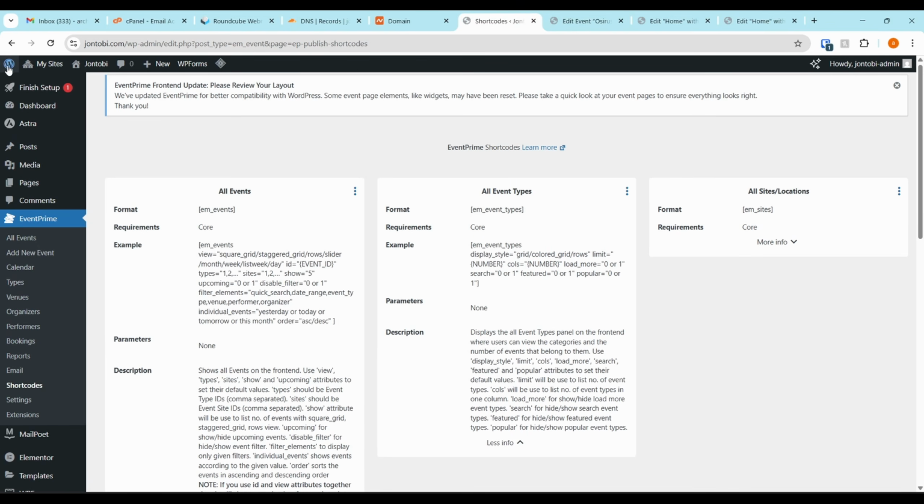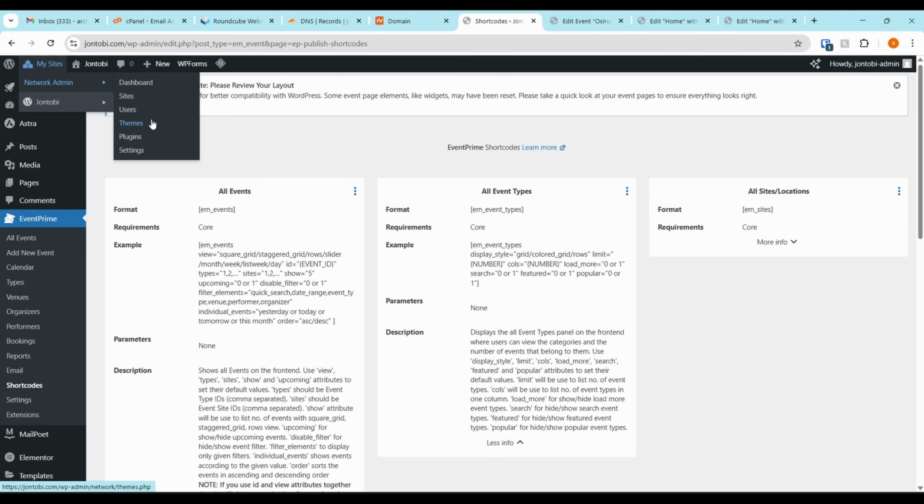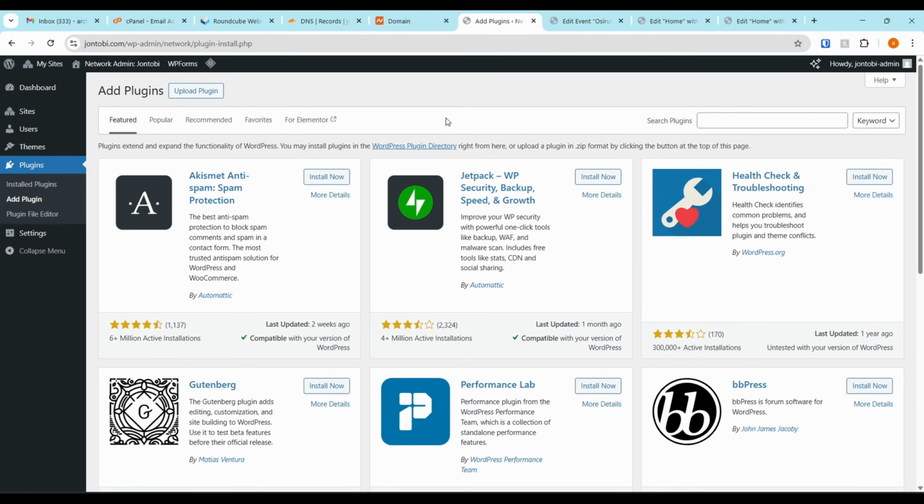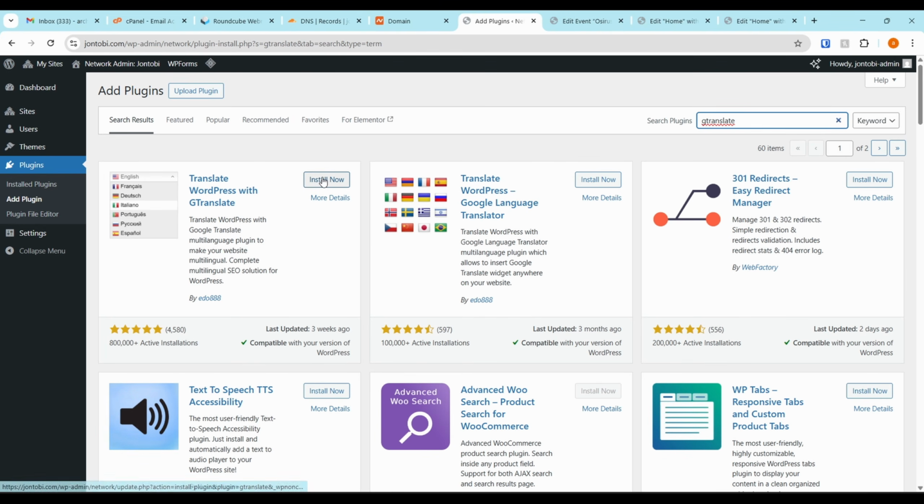So let's go to my site, network admin, and let's go to plugins. So you might have fans or users in different parts of the world, and they should be able to use your website as well. So let's install a plugin called GTranslate. It's this one here, and I'm going to install this. So this is a language switcher plugin,